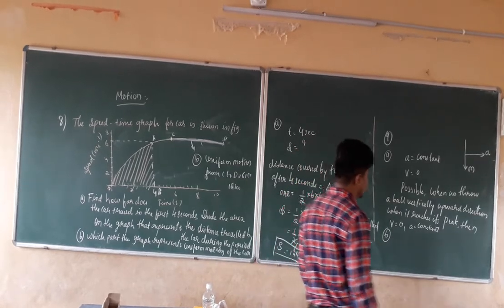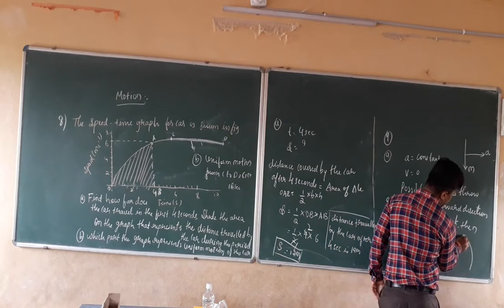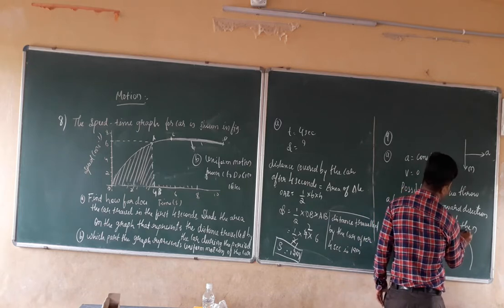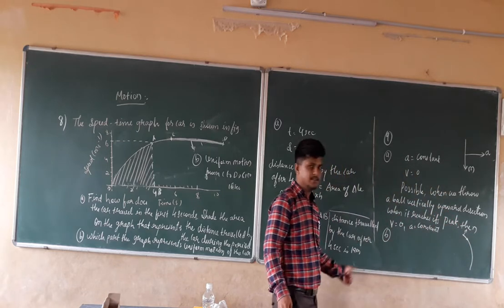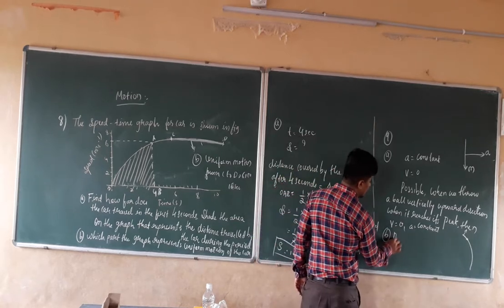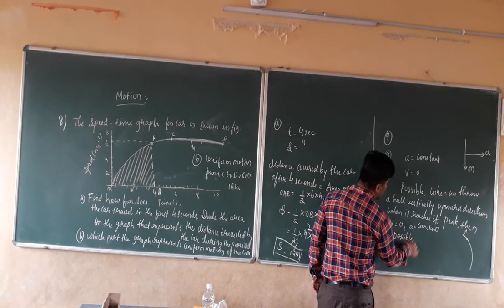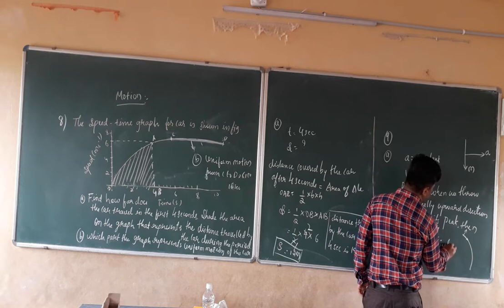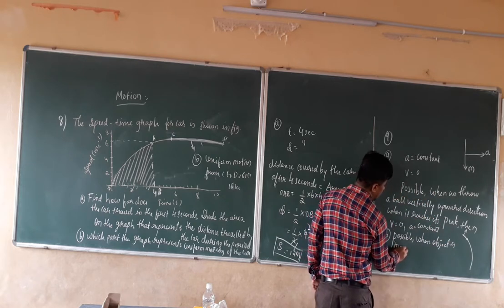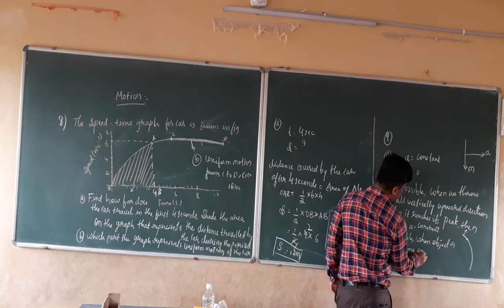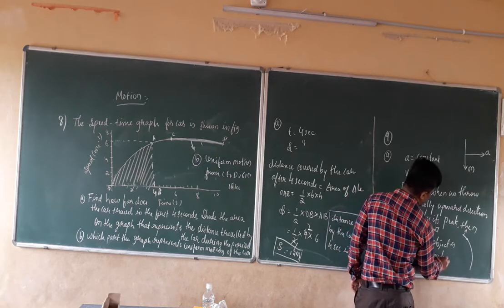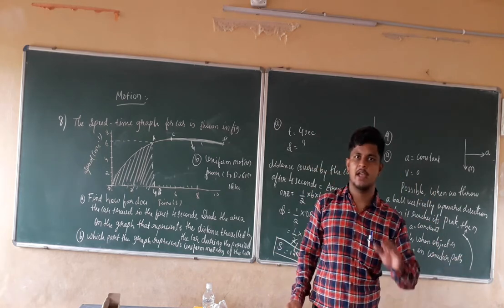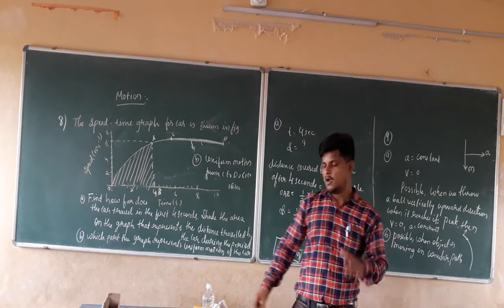So if you take the circular motion, it is going like this. At this point, the direction of the motion is like this, but the acceleration will be in the perpendicular direction like this. So the B answer is also possible. When is it possible? When an object is moving in a circular path. I hope this is clear.